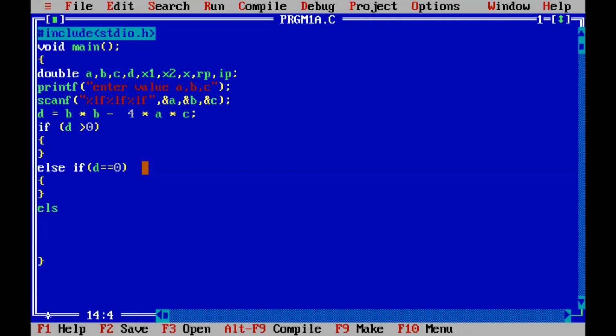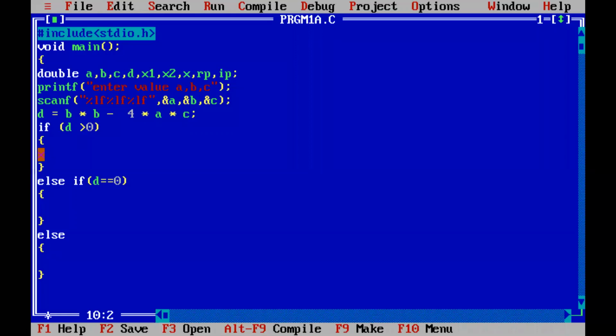Now if it is not falling into these 2, we will go for the default case, which we need not mention in brackets. It is whether d is less than 0. Got it? So these are the conditions which we have to check and execute. In between these, I will be giving the statements to be executed. So only this much is there. Understood? Now we are going to calculate the root values for each of the 3 cases.